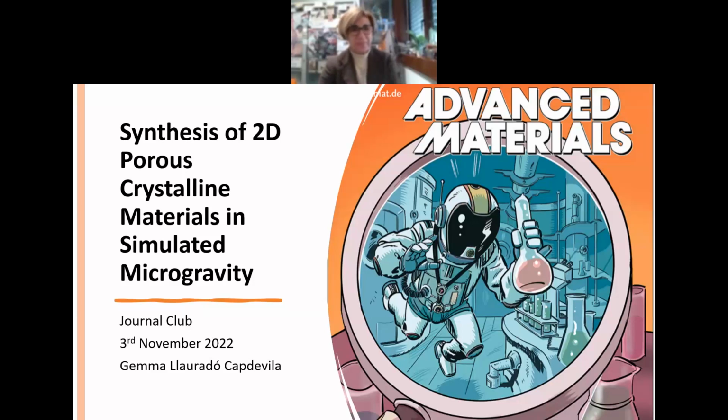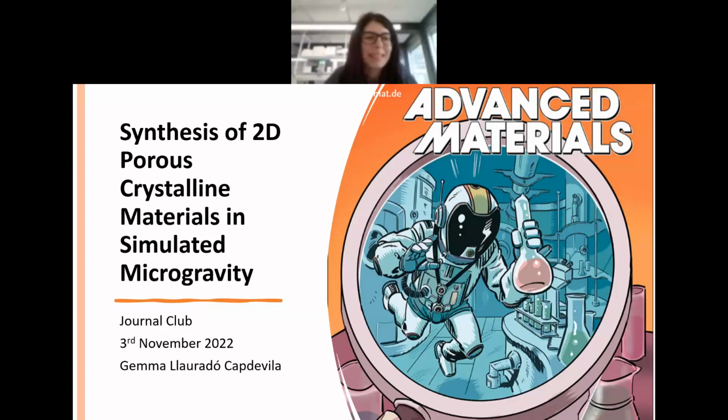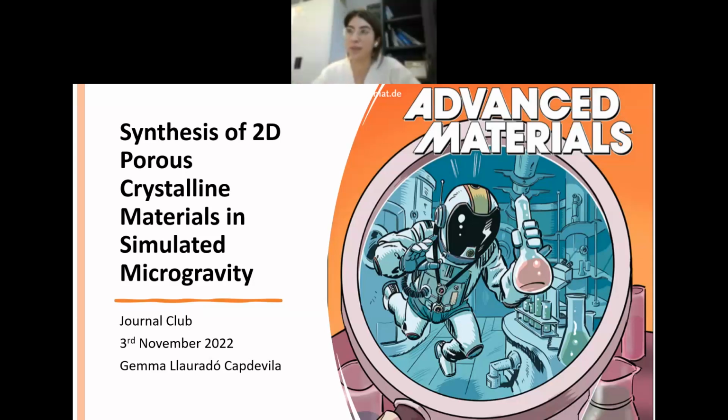So I also have a question. It's not related to the paper, but in general on these devices. Do you think that these microfluidic devices one day could actually be used in industries, for example? I think there are industries that work with it, but I don't know. For the synthesis that they do in this paper, I don't think it's been worked on enough that it can be scaled up.